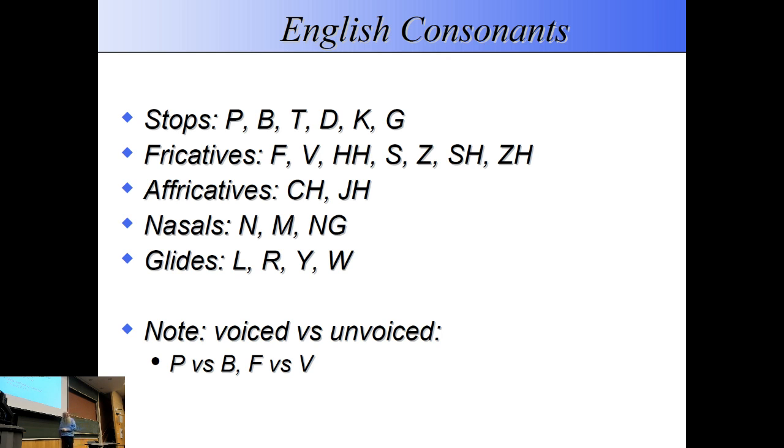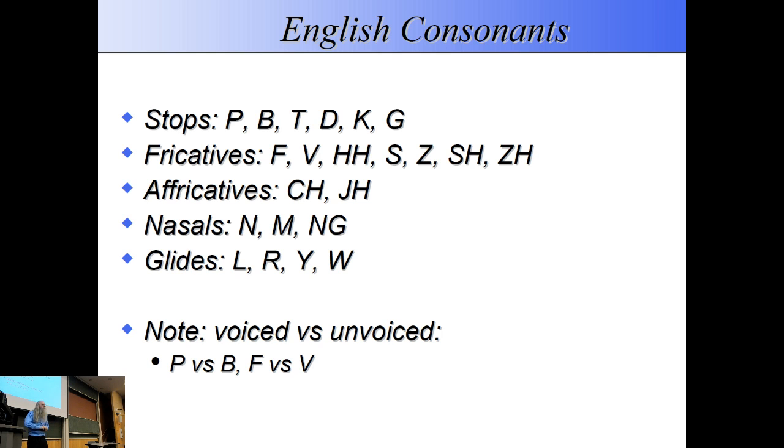Now, where you stop the noise can vary. You can stop at the lips, so you can say p, with a p at the beginning. You can do it at the teeth, where you can get a t. You can do it up the back of the throat and get a k, and you can do it down the back of the throat and get a h, but we don't have that in standard English. There are other places that people might do in different languages, but there's basically something from the front going all the way down the back of the throat, of how we can actually do stops.